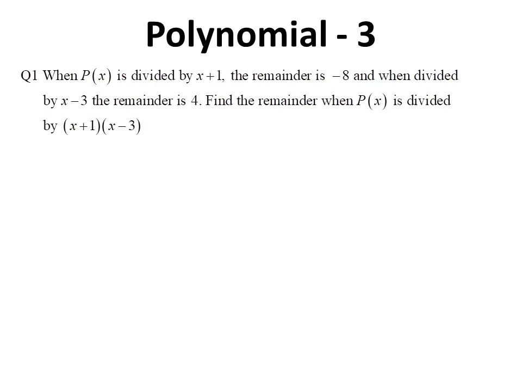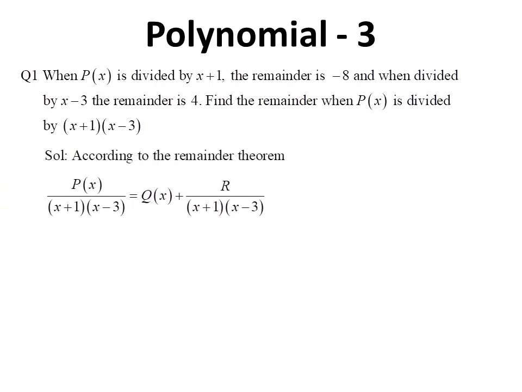It tells us the polynomial p(x) has a remainder of -8 when divided by x plus 1 and has another remainder of 4 when divided by x minus 3. The question here is to find the remainder when the polynomial p(x) is divided by a quadratic of (x plus 1) multiplied by (x minus 3). The critical point here is to assume that the remainder r is a linear expression of